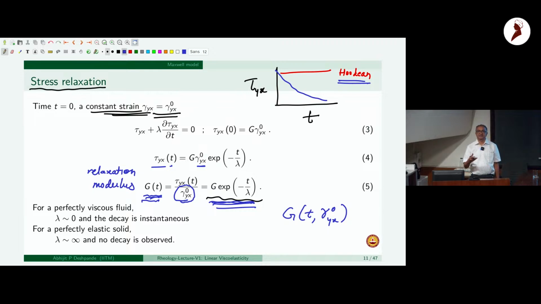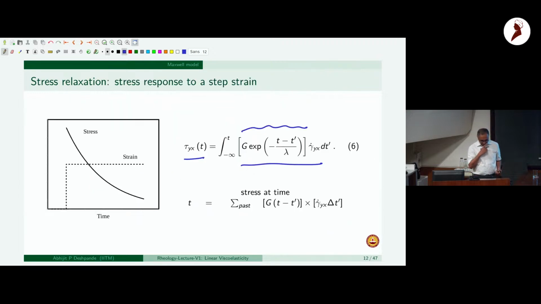For different materials with different relaxation times, the decay would be different. Secondly, the functional form itself could be different also. For the Maxwell model, the functional form is exponential. But in some other models, you could have different functional forms for the relaxation modulus. So this relaxation modulus